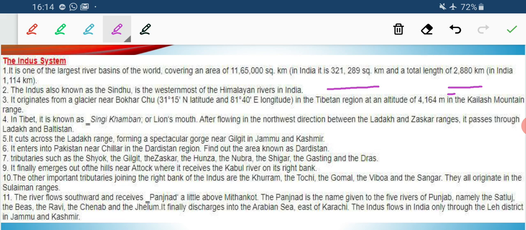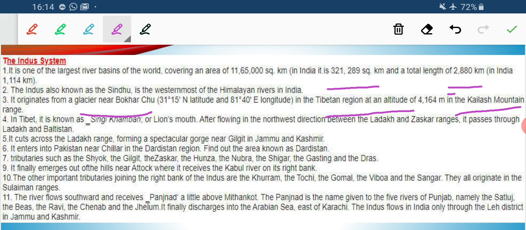Third, it originates from a glacier near Bokharchu. It is just a name of that glacier, Bokharchu, in the Tibetan region, in that Tibetan Kailash mountain part. Now it is also known as Singkhamban. Singkhamban means mouth of lion, okay, and it flows in the northwest direction between the Ladakh and the Zaskar range,